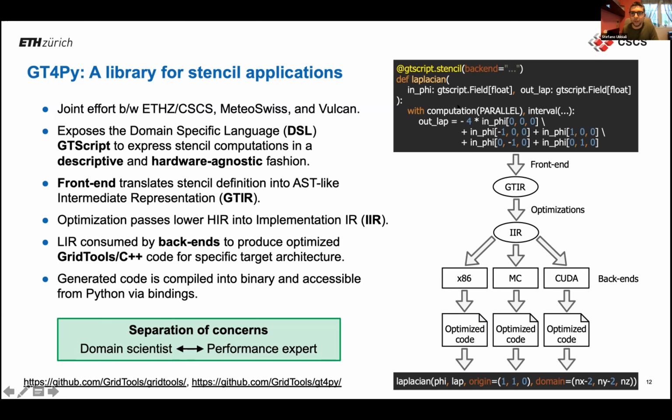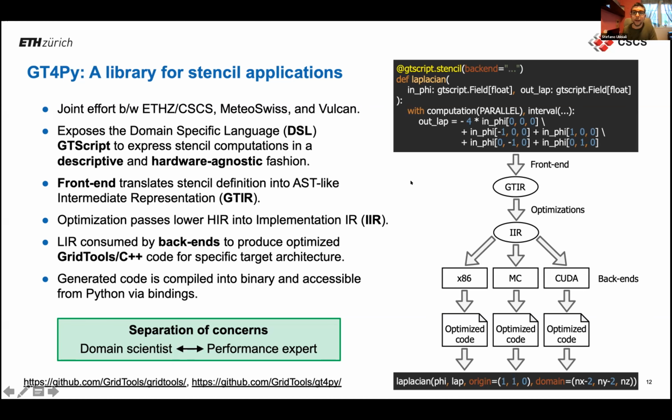So here on the top right, we have a code snippet which defines the Laplacian operator using GTScript. And then this definition function is translated into an AST-like intermediate representation called GTIR, which is then the starting point for optimization passes, which lower the GTIR into an implementation intermediate representation. And this is then consumed by